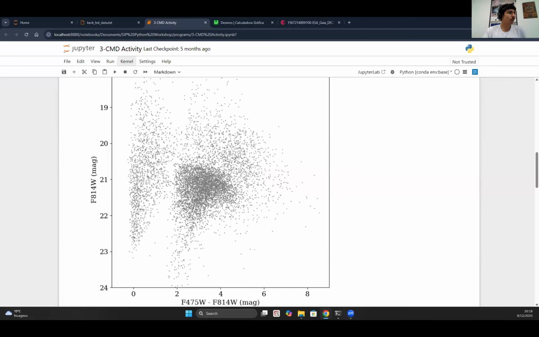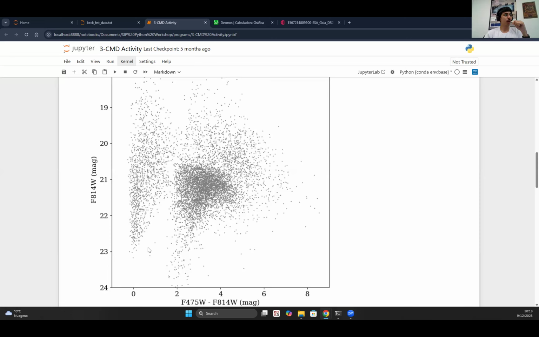So if we come back to the one that we're doing, it will not look exactly the same because we are looking at a very specific population of stars coming from the Andromeda Galaxy. And also, it is with a very different instrument. So all of these factors make it not look the same. But even in this one, we can already recognize there are three different regions, three different clusterings of stars